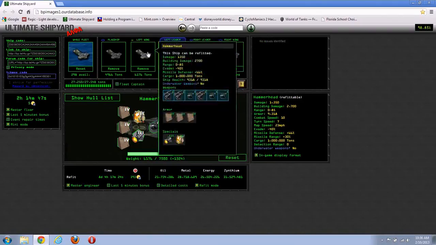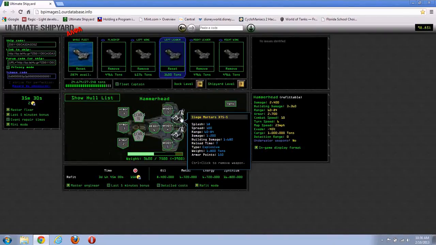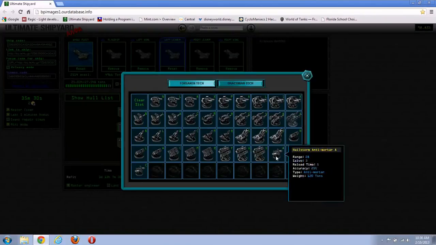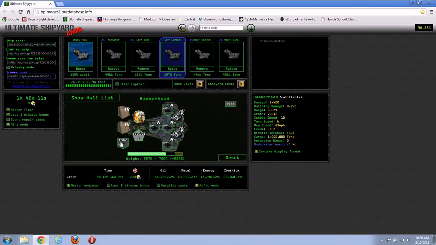Flak is going to be your problem. Another option for these ships is to do the dual siege mortar. If you can do this, really try to get S. That's really where it's going to shine a lot more. Oops. There we go. Alright, now we're a little heavy. There you go. So you can't really run